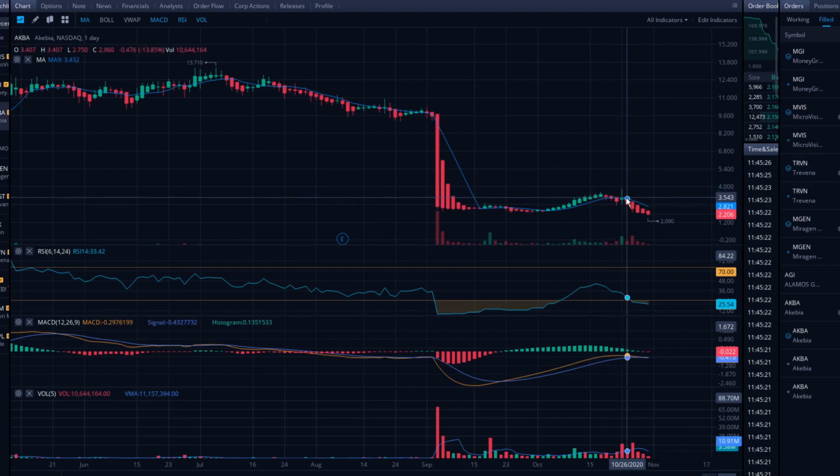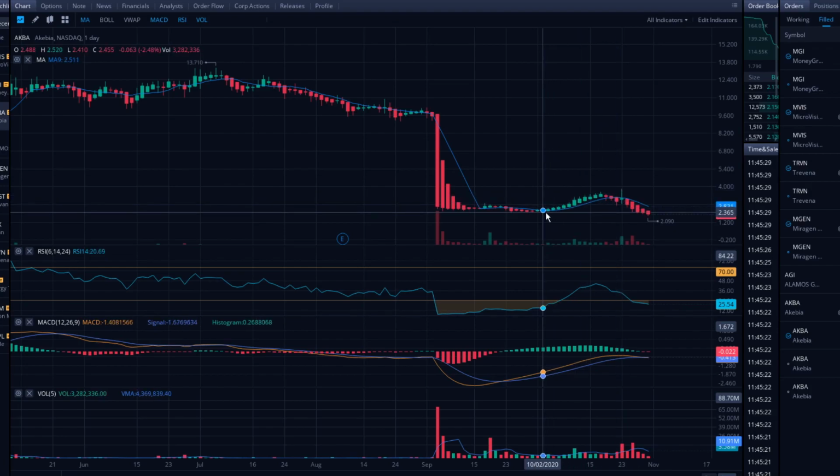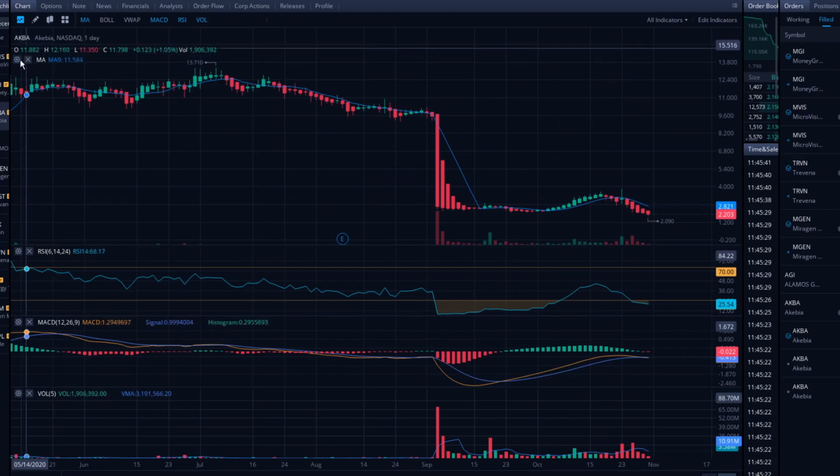I just was at work and wasn't paying attention to when to exit the trade. I didn't have a stop loss, and it was basically a prime example of how I didn't follow my strategy. I bought in at $3.25, so I was a little bit late on the SMA line. I didn't sell out when it crossed back under the SMA line on the daily, and it just continued to drop because I didn't have a stop loss. Luckily, I got out at $3.09, so I only lost a small amount of money, which the summary will show at the end of the video. All right, let's move on to AGI.